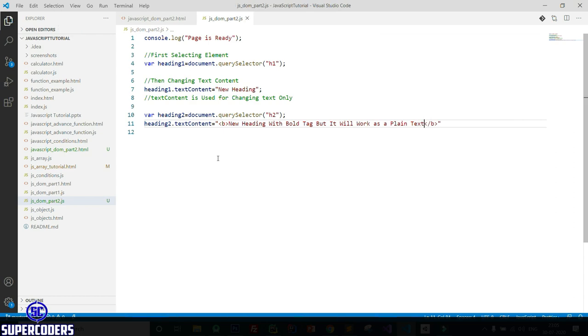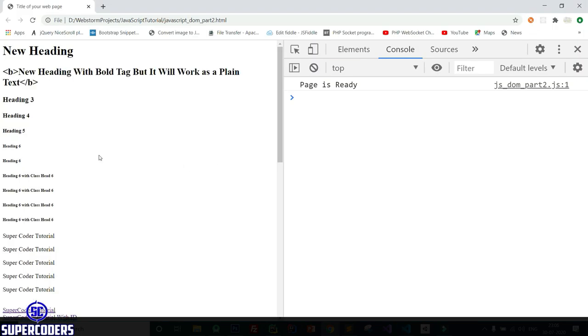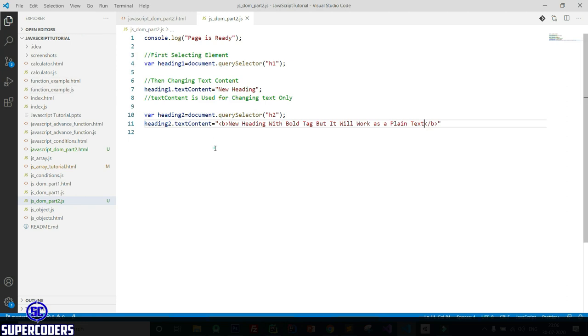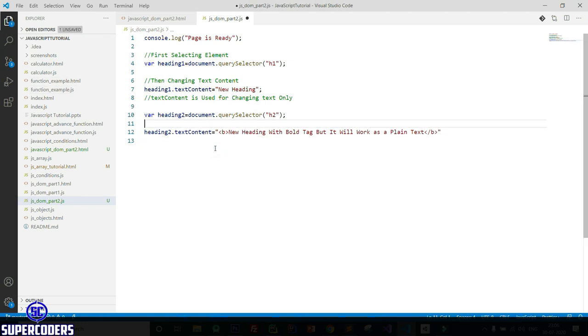So let's run this again, and you can see it rendered as a b tag instead of changing it. So come again here, textContent doesn't render HTML tags.